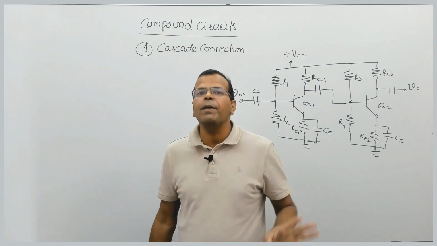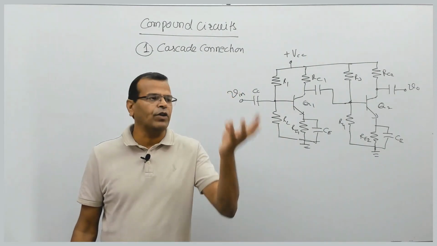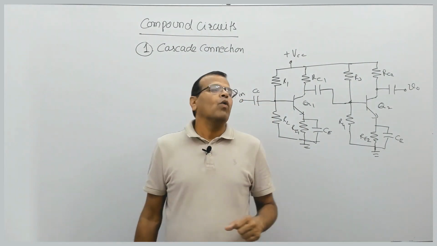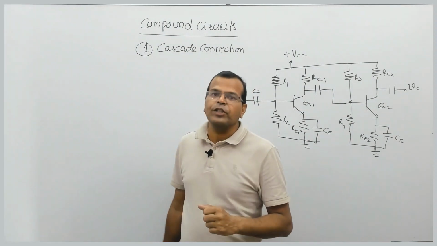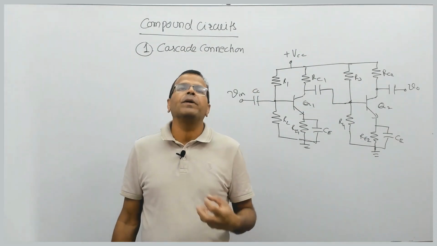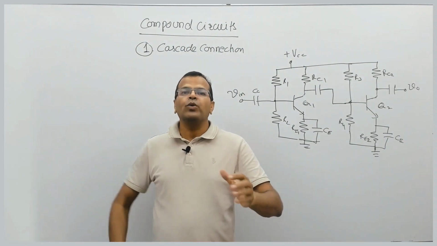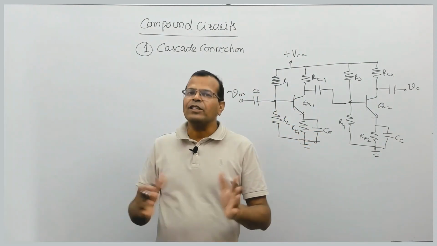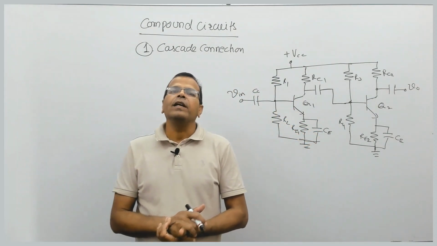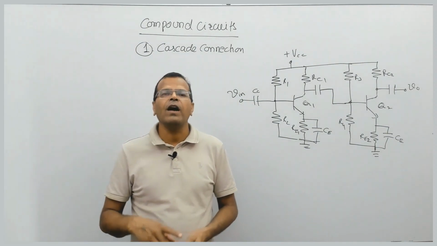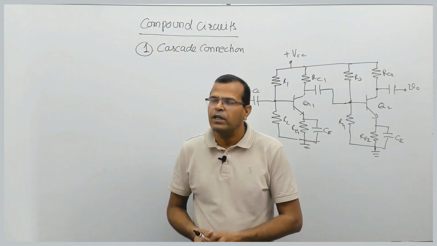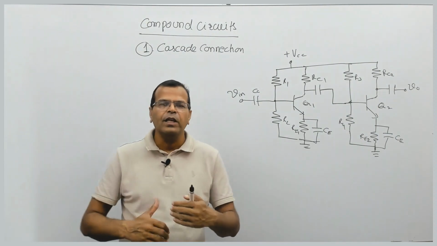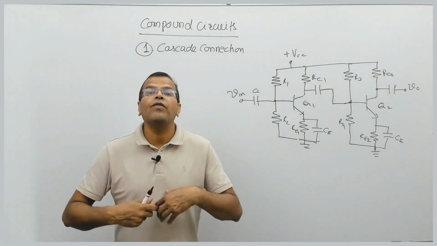In case of any amplifier, we talk about input impedance, output impedance, voltage gain, and current gain. Why do we use cascade connection? The reason is that in a single stage we may not have sufficient gain. So to increase the gain of the amplifier, we go for cascade connection. We have seen that in case of non-interactive stages, we have a simple product of the voltage gains of the different stages, a simple multiplication. In case of interactive stages, we need to go for mathematical analysis.